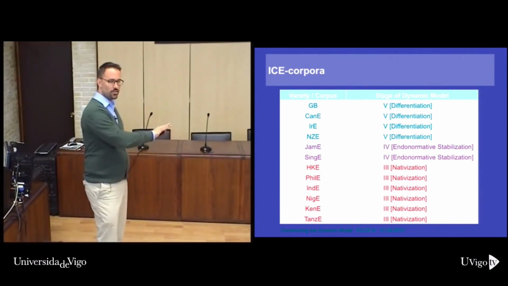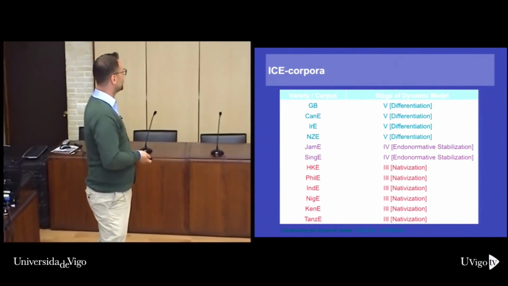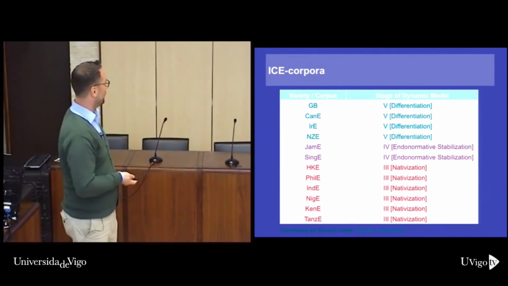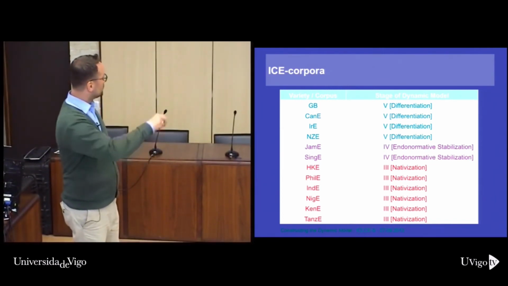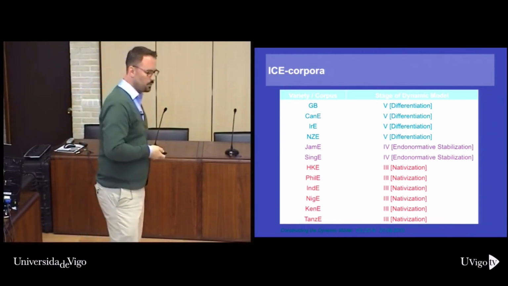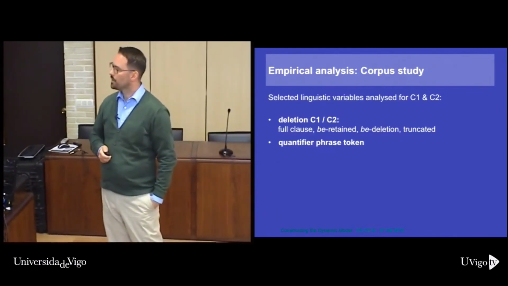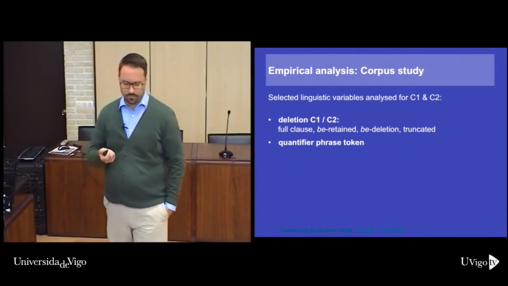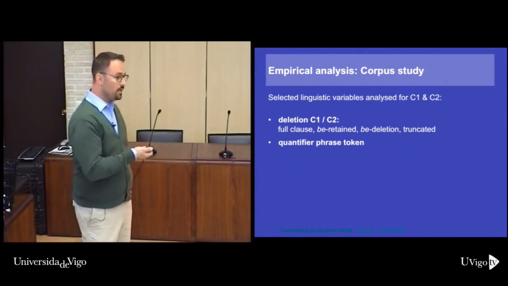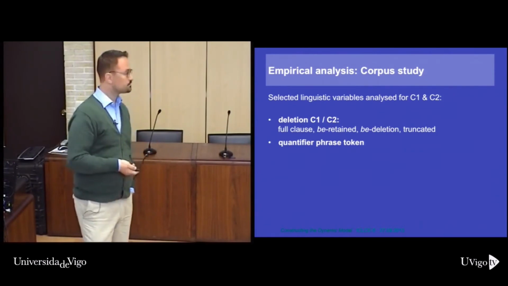Okay, so that's a classification that is independent of me. That's something that people, and in particular Edgar working on the dynamic model, have come up with. Okay. And so I would assume that, of course, especially for these, we should find mesoconstructional innovations. That's where the action should be at. Whereas for these, we should see a wider use of more abstract templates. Okay. But on top of that, and I've said this for all of the studies, we still expect general cognitive processes and general effects to surface in all of the varieties.